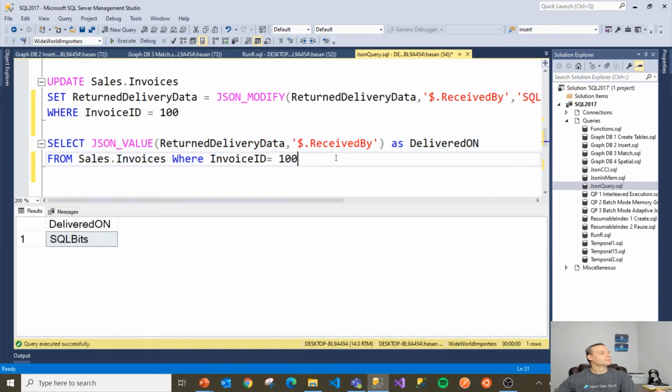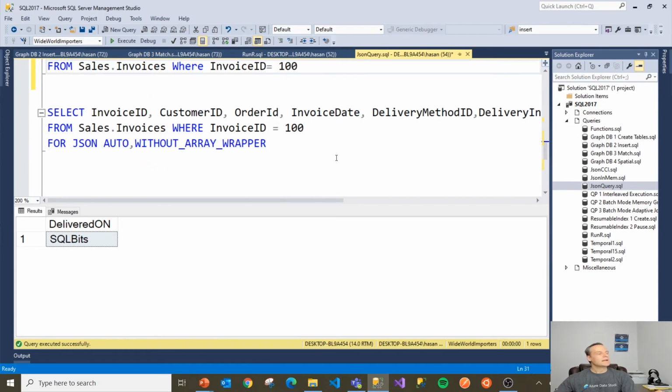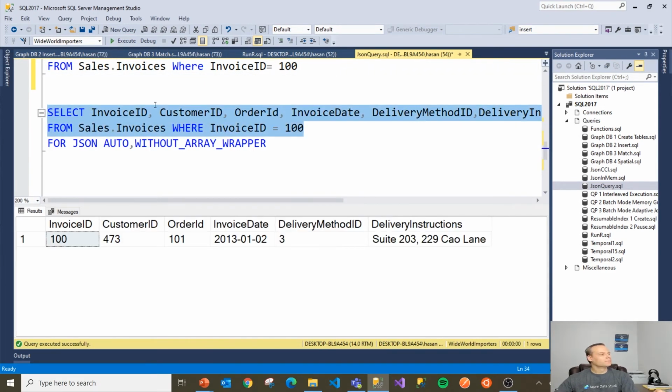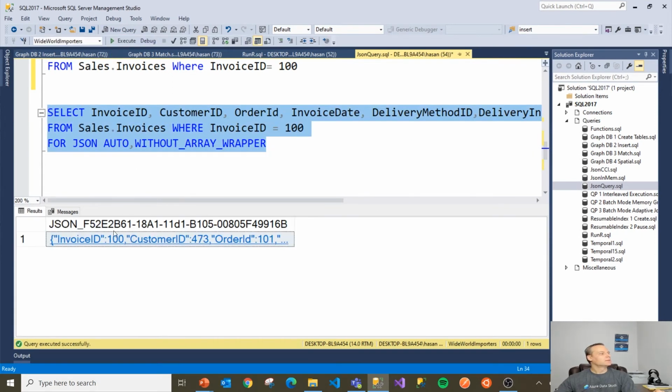So that is great. The next one, just like XML, you can return your data in a JSON document. So in here, for example, I am picking a bunch of columns, and I want to return this as JSON. If I do that, as you can see, everything comes up as JSON. That is very, very powerful